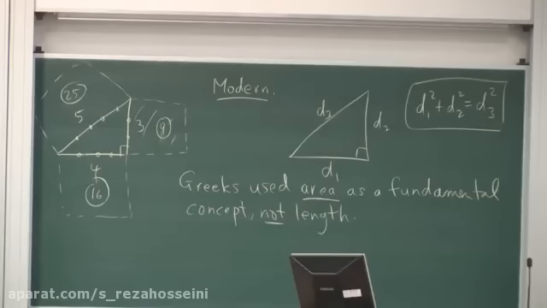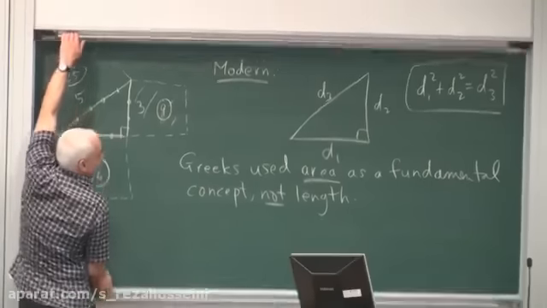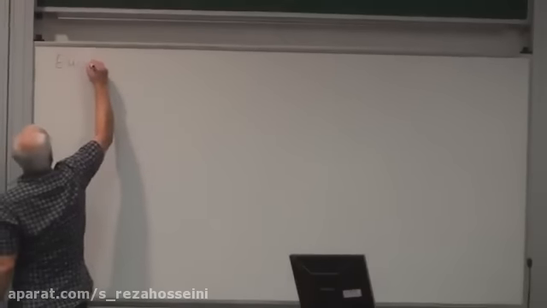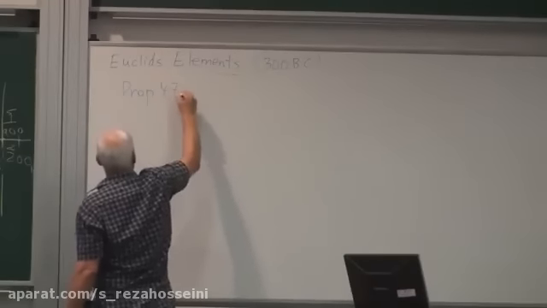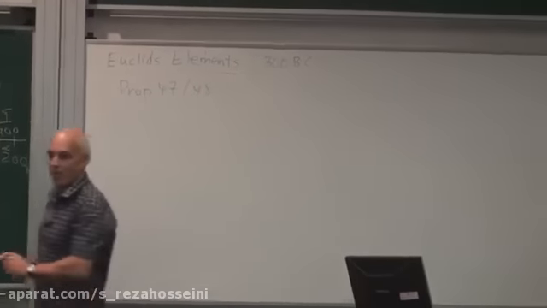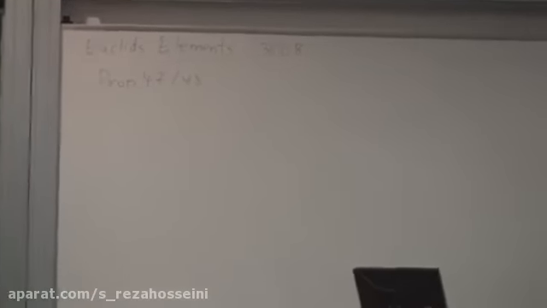And so the formulation of the theorem in Euclid's Elements, this is the most important book in the history of mathematics. Euclid's Elements was written around 300 BC. So proposition 47 and proposition 48 both deal with Pythagoras' theorem, and they say that